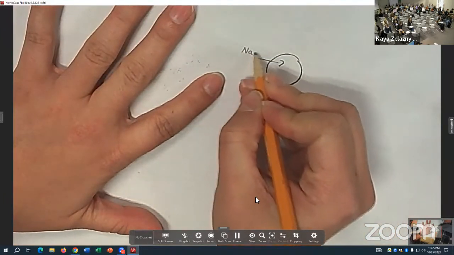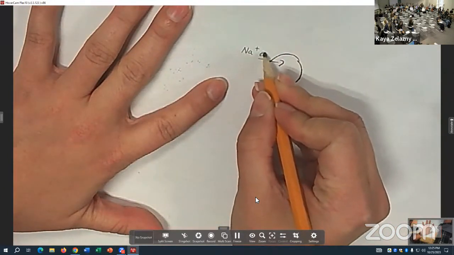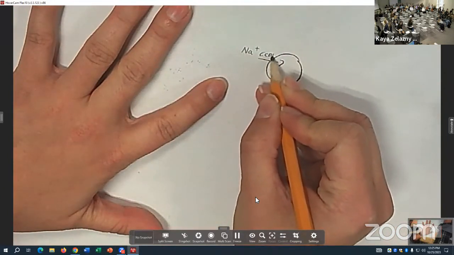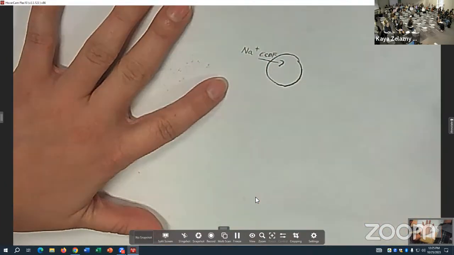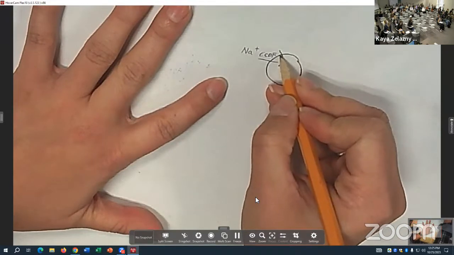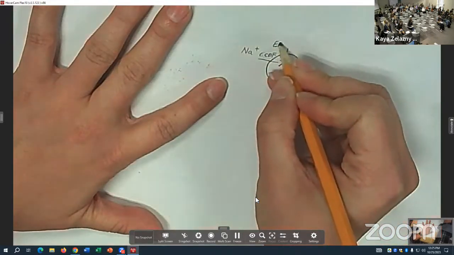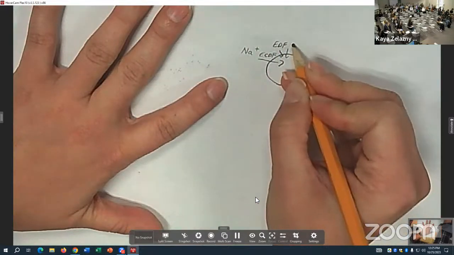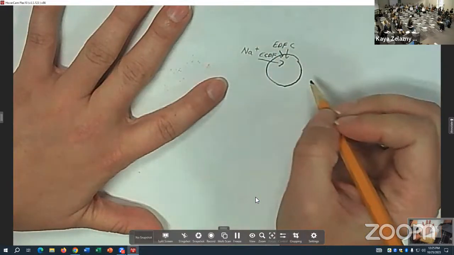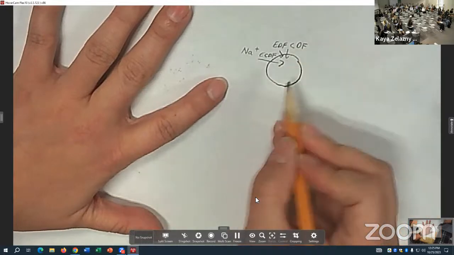Right? Sodium wants to go into the cell. That is based on its electrochemical driving force. Okay? And sodium wants to go into the cell because both its electrical driving force and its chemical driving force are pointing in. The electrical driving force, because that positive charge on the sodium is initially attracted to the negative